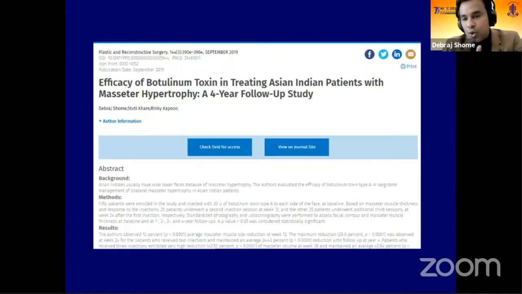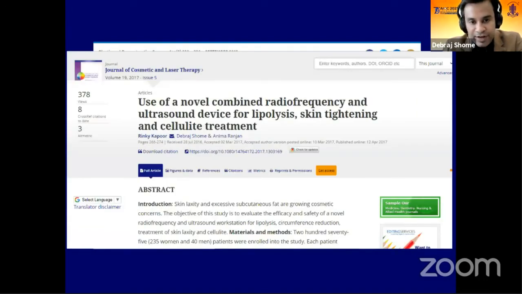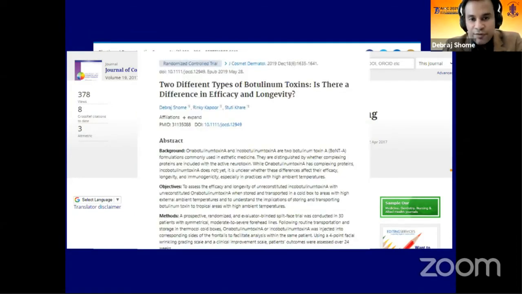So as we go ahead and move forwards, it's important to publish papers which move aesthetics forwards. In our opinion, every patient we see is contributing to the way people are being treated in the future, and therefore we need to move science forwards. This is India's first paper on using Althera. These are two different types of botulinum toxins, a comparison of Botox and Xeomin in a split head trial.